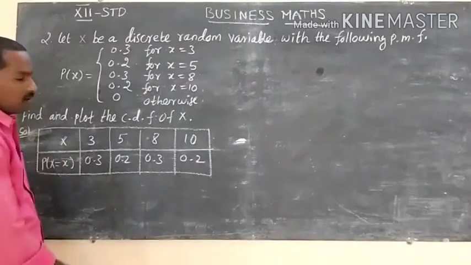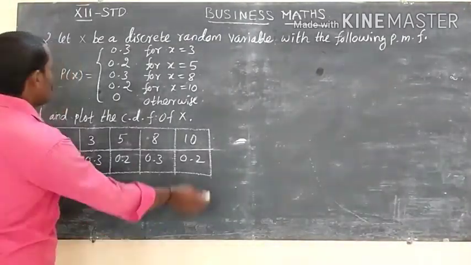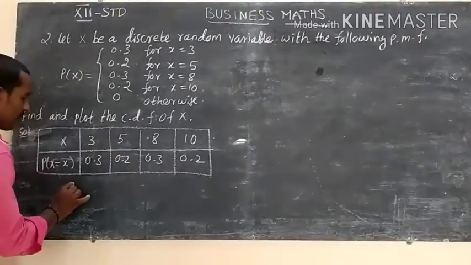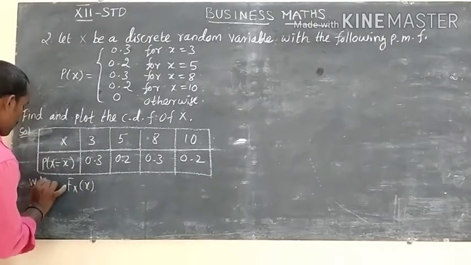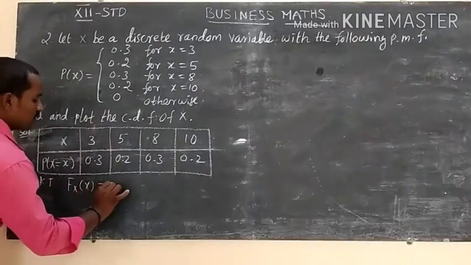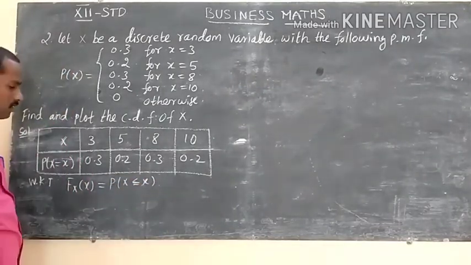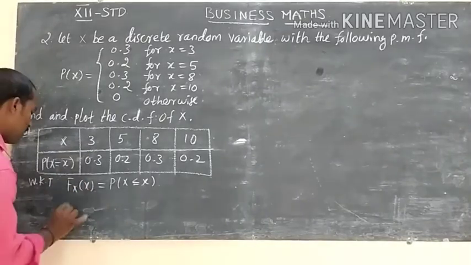Okay. This is your given probability mass function. So find the cumulative distribution function. The formula: F_X of x, we know that F_X of x equal to P of X less than or equal to x. Okay. First, the x value. First find the